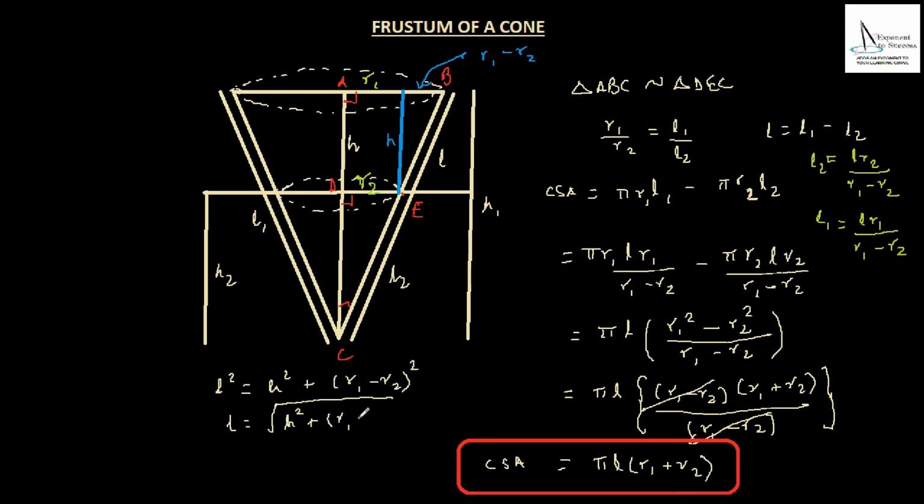Now we have already learned how to find the curved surface area of the frustum, and we already know the slant height also now. We now just have to find the total surface area, and you know that the total surface area also includes a circle on top and a circle at the bottom. So to find the total surface area, you are just going to add the area of these two circles to the curved surface area formula, and you get the total surface area. So to this you can just add pi R1 square plus pi R2 square. So that is about the curved surface area.